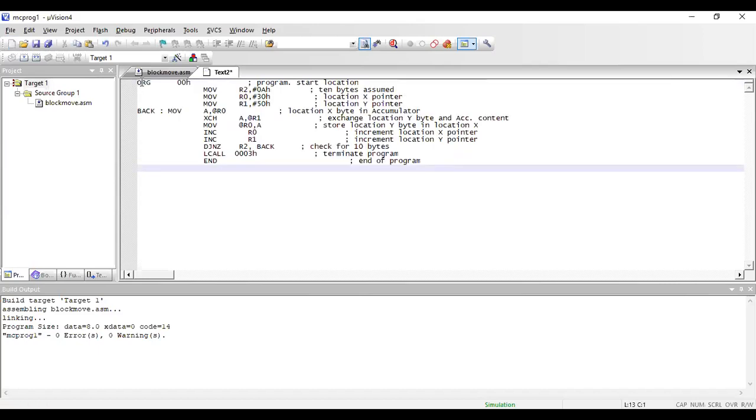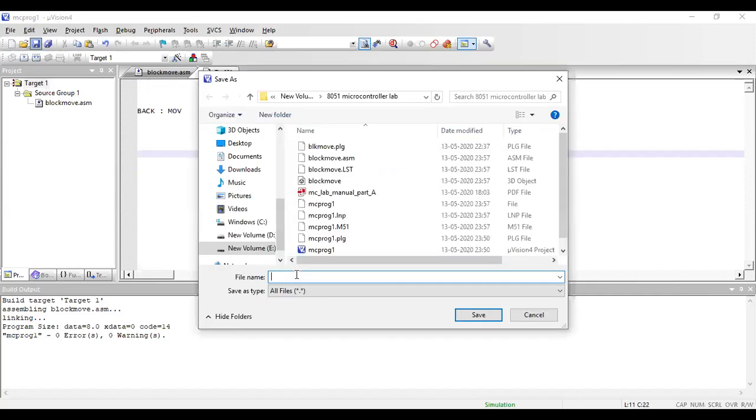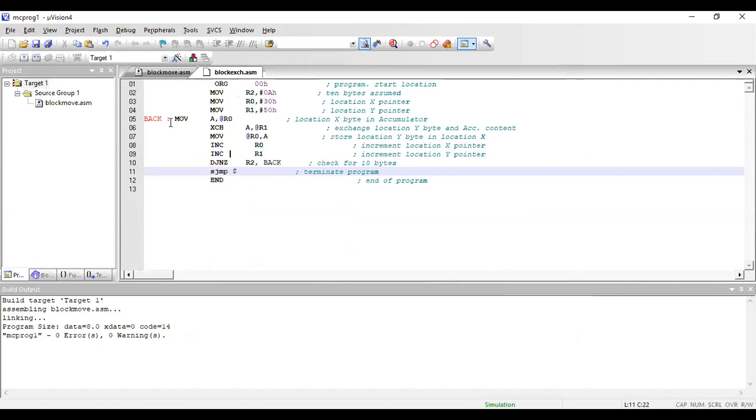I've typed my program here, right? Then I'll change this, right? And then save this program. So this is a block exchange. I have a block at 30th location, I have a block at 50th location, and I am exchanging that. So I'll just give a name as block exchange.asm. Remember to give an extension with .asm and then save it. Once I save that, you can see the change in the color of the label and all other things, right? So this is what has saved.